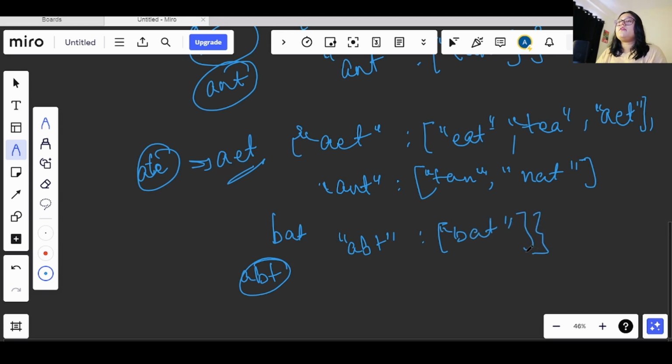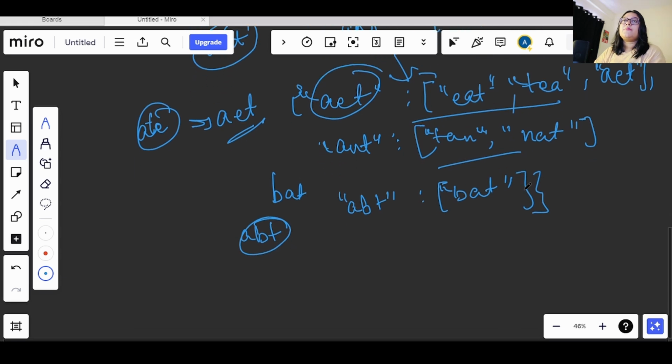Now we are already storing the values in the form of a list, right? So what we will do, basically we will start iterating on these keys in the dictionary, and we will take all the values and we will append them to a list. Basically after grouping all the anagrams together, we will start the iteration on the hash map.